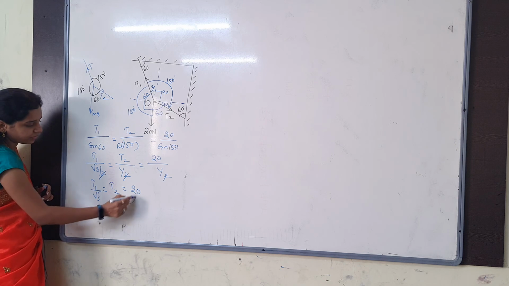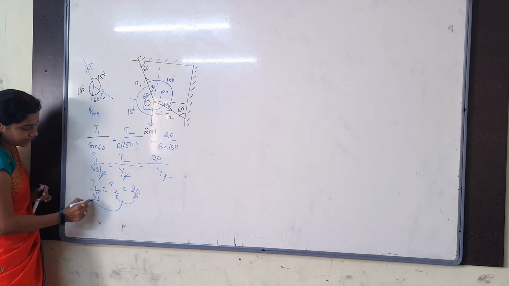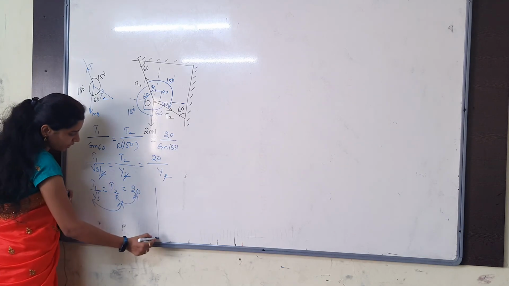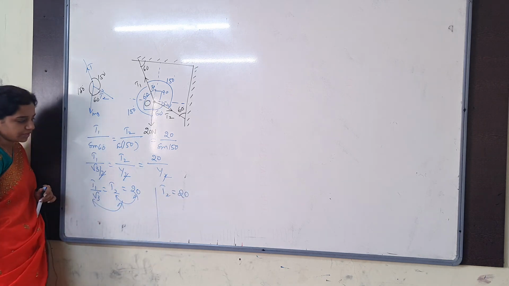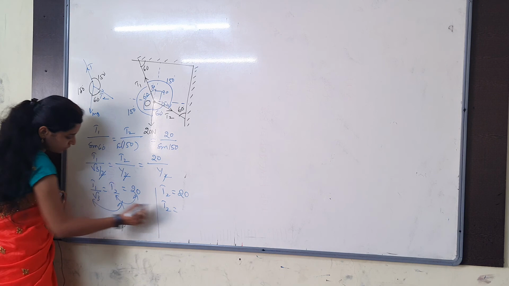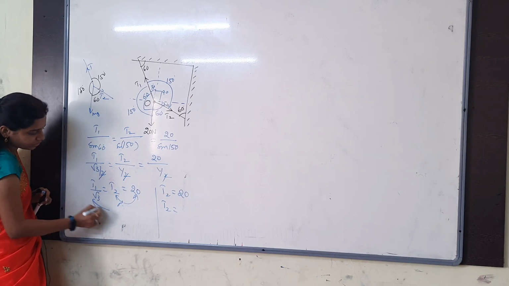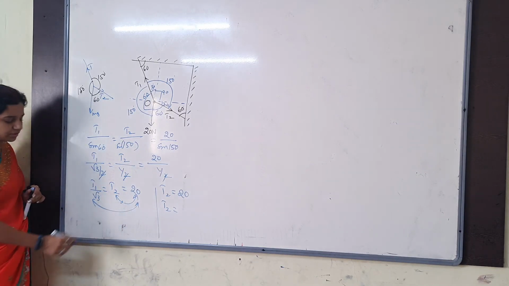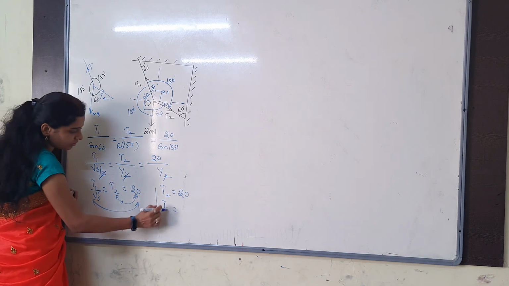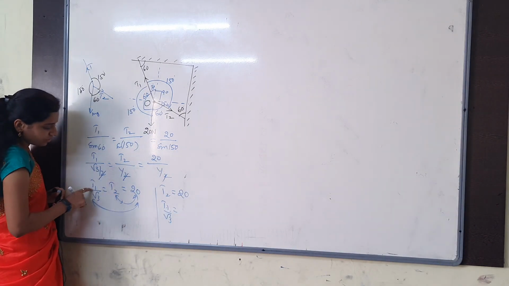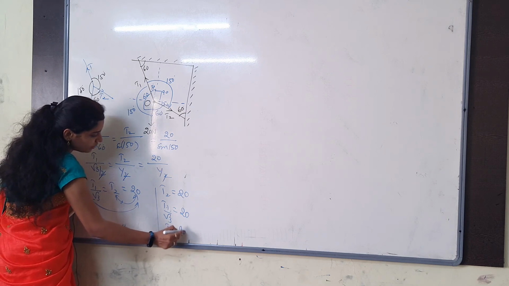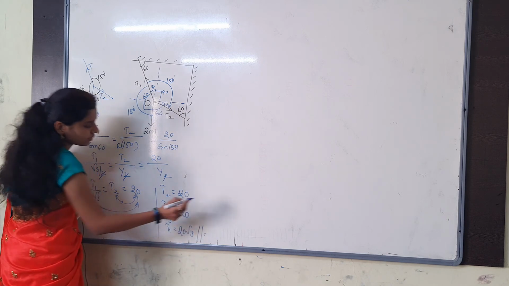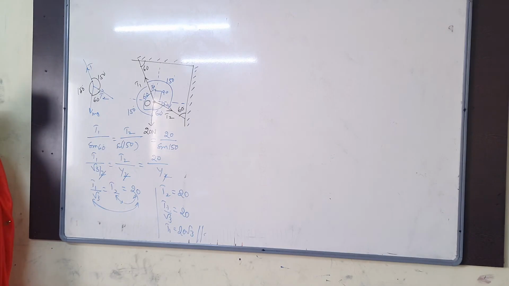What I said, you have to equate these two, again and again, these two you have to do. Then what can I write? T2 is equal to simply how much did we get? 20. Then T2 is equal to, again you can equate these two also. There is no problem in that. So T1 by root 3 is equal to how much did we get? 20. So that T1 is equal to 20 root 3. Anyhow you can take. Understand clearly?